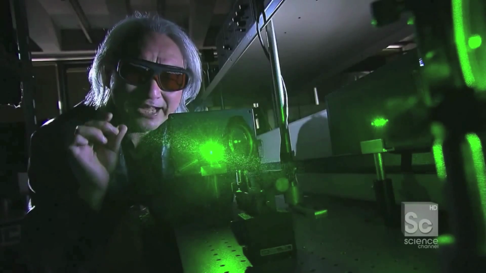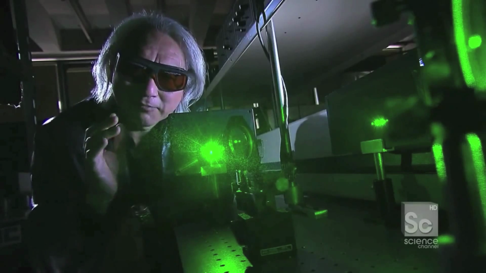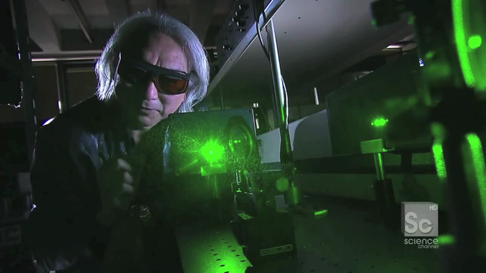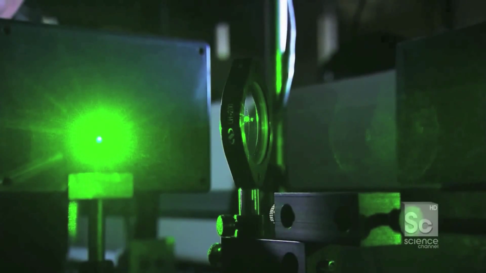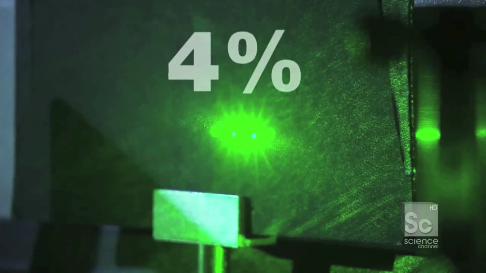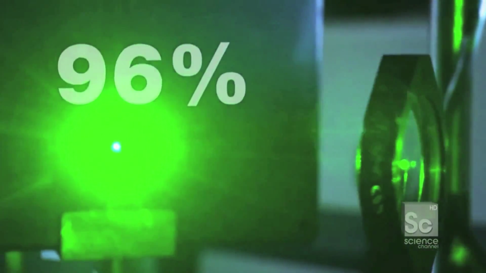If you can siphon off a tiny fraction of the light hitting the metamaterial, you can still see outside and yet be invisible. This lens is a beam splitter. When struck by a light beam, it divides the light into two. 4% is redirected 90 degrees, and the remaining 96% passes straight through.